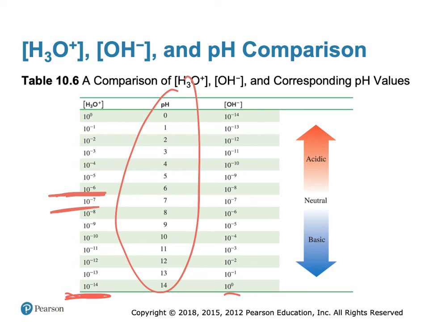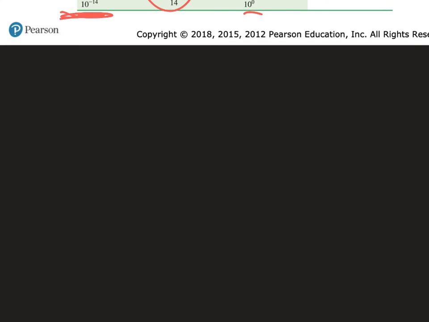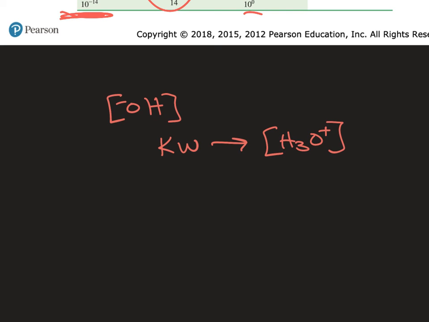The other thing I just want to point out before I end this video is that sometimes you might be given the hydroxide ion concentration. You have a couple of choices here. The first thing you could do is, if given the hydroxide ion concentration, you can just use the Kw to find the hydronium ion concentration, and then if you need the pH, you just take the negative log